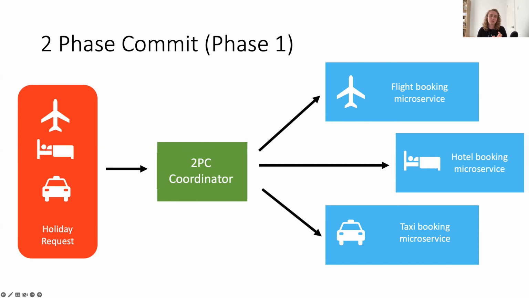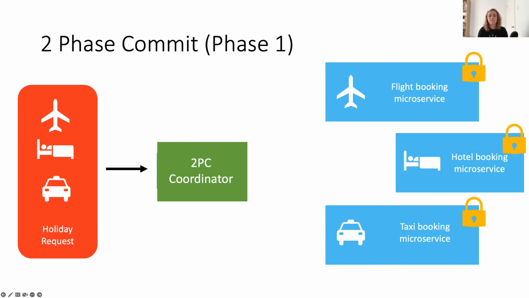So in this particular transaction, what's going to happen in this first phase is my request gets sent to the coordinator, and the coordinator sends out those individual requests to the microservices. Now we get our resource locking. If you remember back to those ACID principles, and that isolation point, this is why we have to resource lock, because we have to make sure that no other transaction is able to affect those resources whilst we are carrying out our transaction.